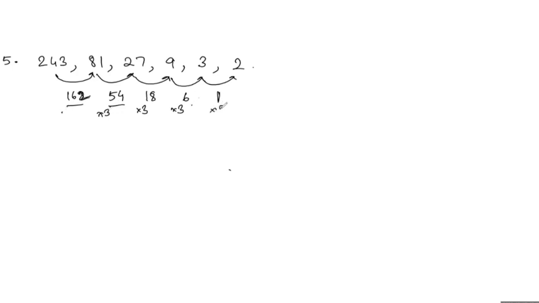What is 1 into 3? 3. 1 into 3 is 3, but here the next number is 6. So clearly the first number in the pattern is itself wrong. I mean, from the right side, the last number in the pattern is wrong. So in the given series, which is the wrong number?